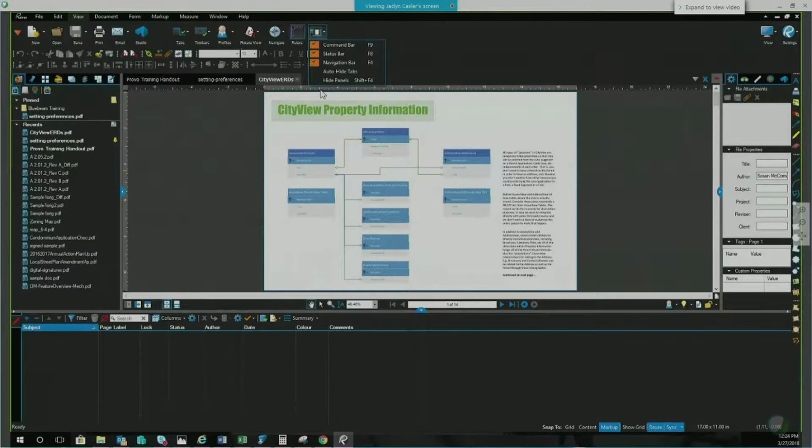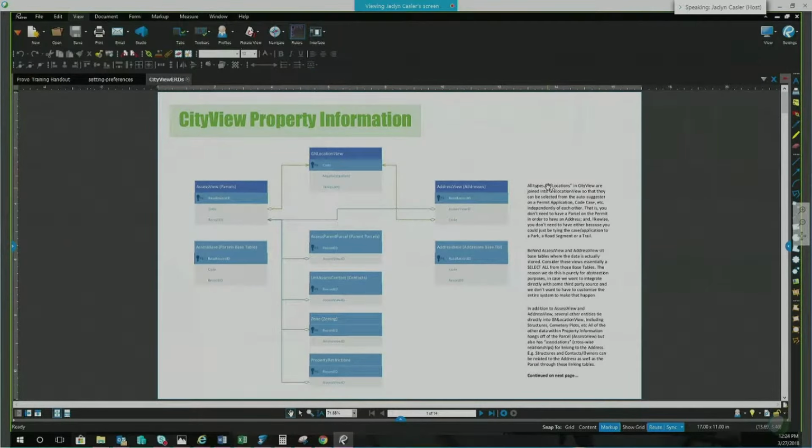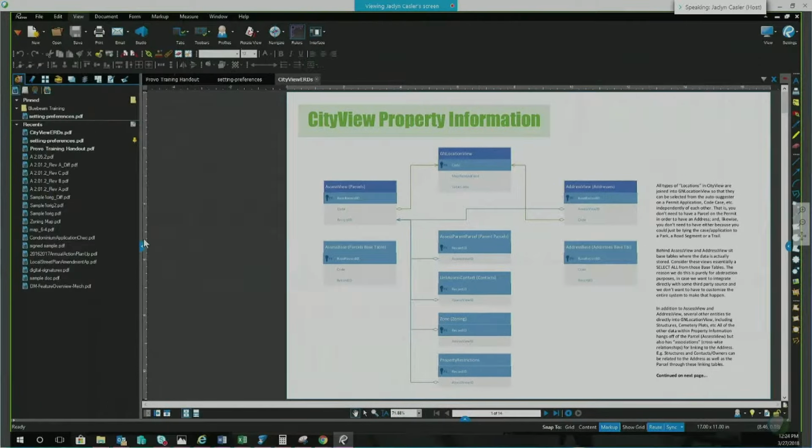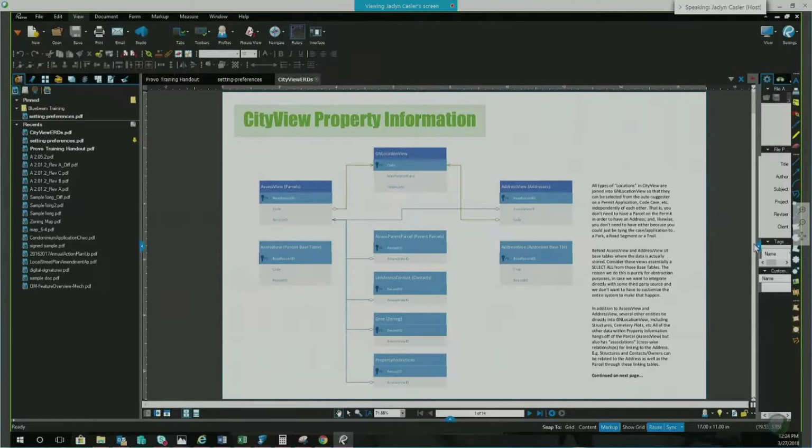So then with working in Bluebeam, there could also be times where you want to hide panels and you just want to maximize the space that you are working with. So that's enough about the display. What about document manipulation